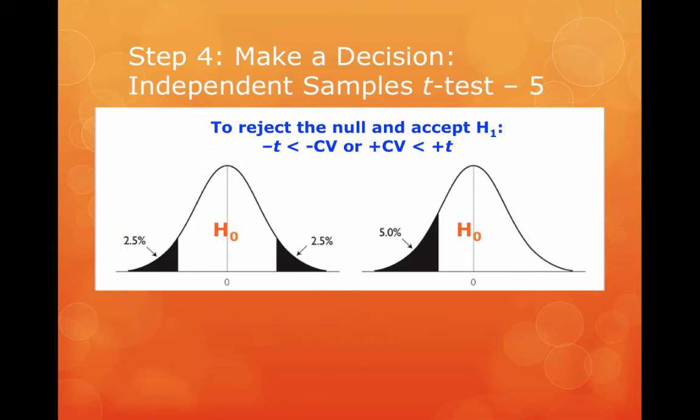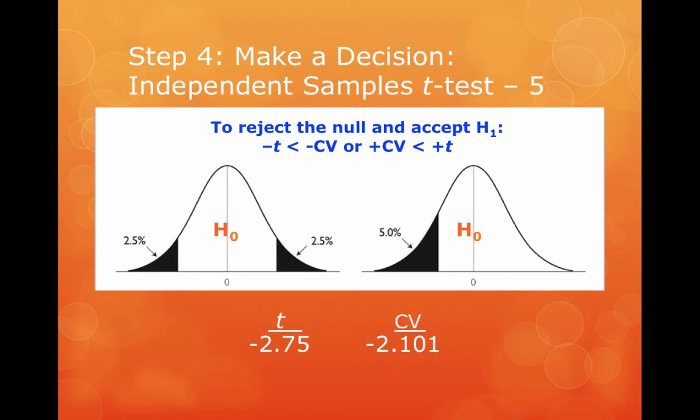And in order for us to accept the alternative, where we're rejecting the null hypothesis, if we're looking at the left tail, or a negative critical value, our negative t-test statistic needs to be smaller than our negative critical value. Or if we're looking at the right tail, our t-statistic has to be greater than our critical value in order for it to fall in the rejection region so we can accept the alternative. So given that rule,